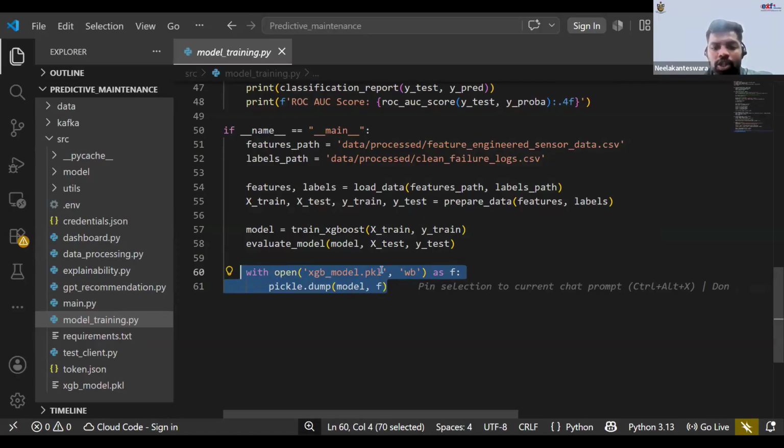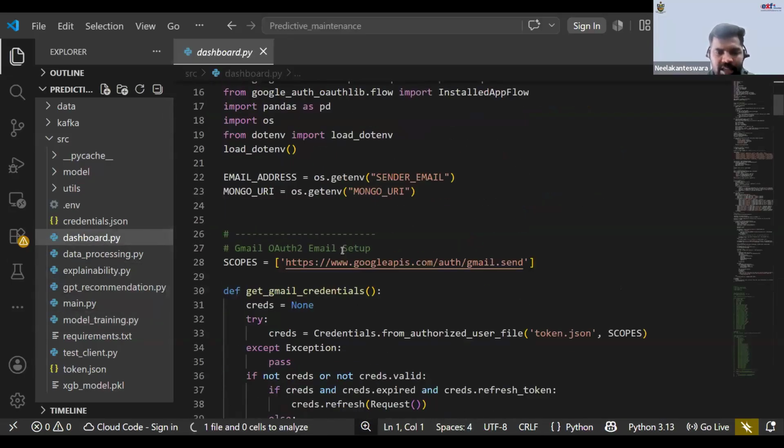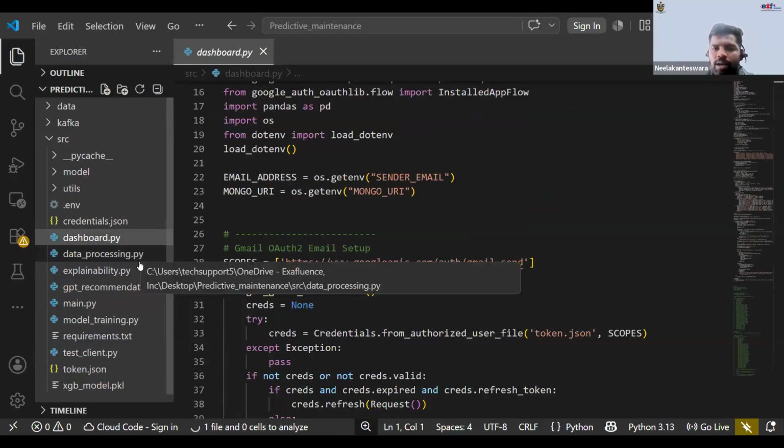And what is the use of this pickle file? Instead of rerunning the program when we need, this pickle file can run. That means this pickle file stores all the patterns of the model, and you don't need to rerun the entire model. If you use these patterns, then it can recognize things, and it is used for prediction purposes also. Okay, and after that, here I created one dashboard also. These are some extra things. This is how we are going to implement an ML model.